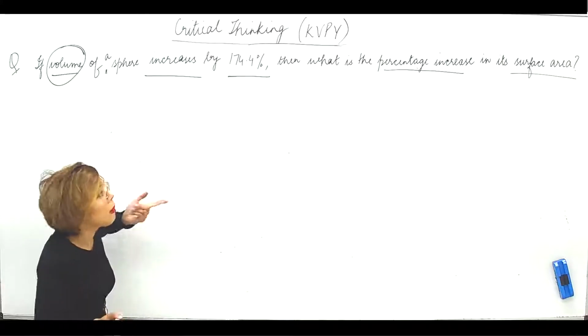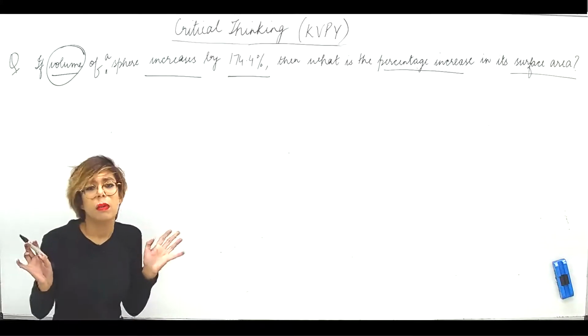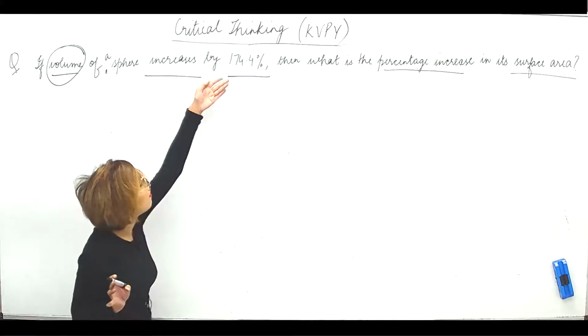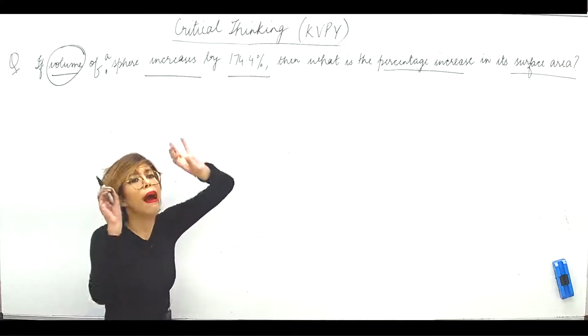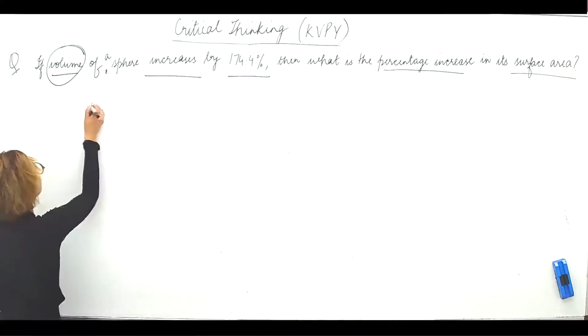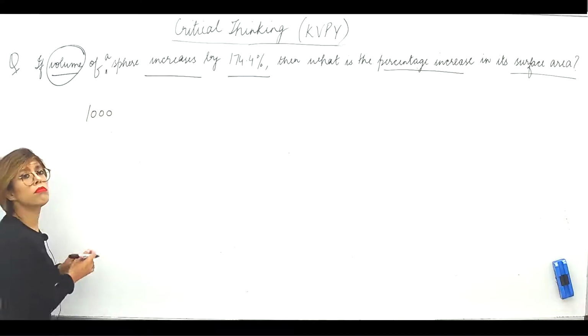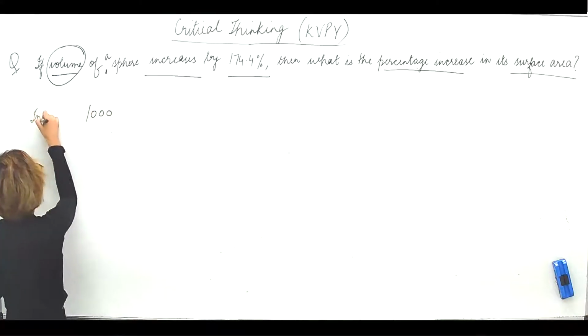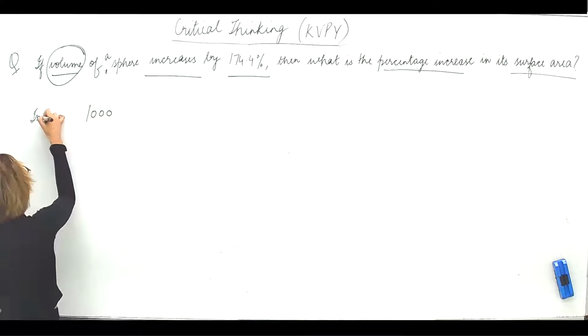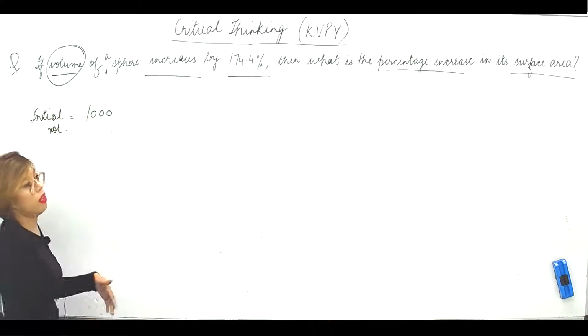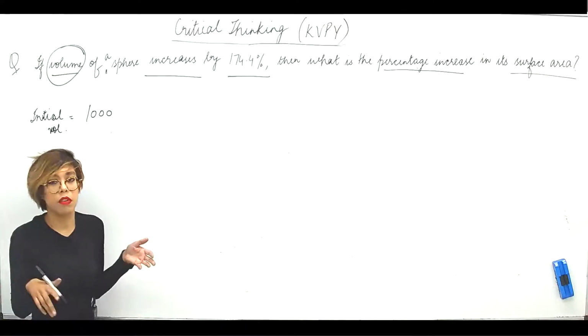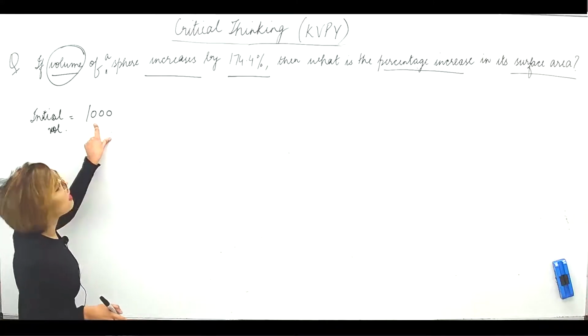Now you can say, okay ma'am, you can take your volume to be 100. But I will not take 100 because I have a 174.4% there. So I'll take my volume to be 1000. Right? So initial volume be 1000 initial. Obviously, whatever you want to call it, 1000 cubic unit or something, whatever. Right? Now, this volume has been increased by